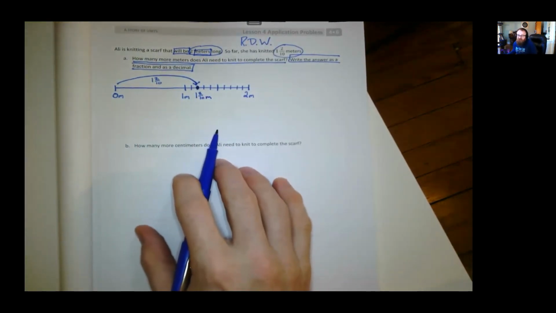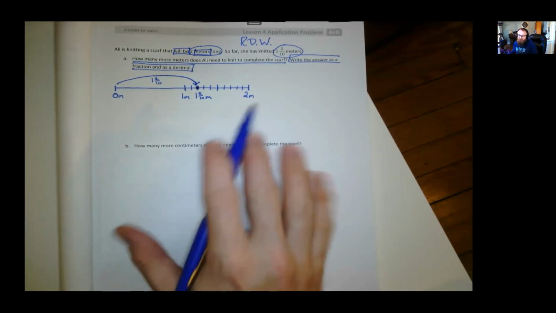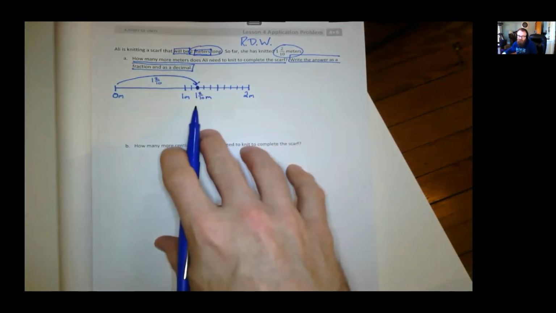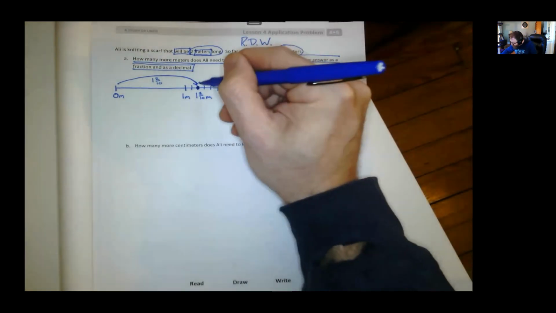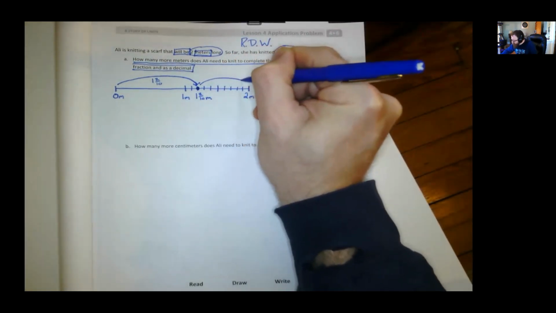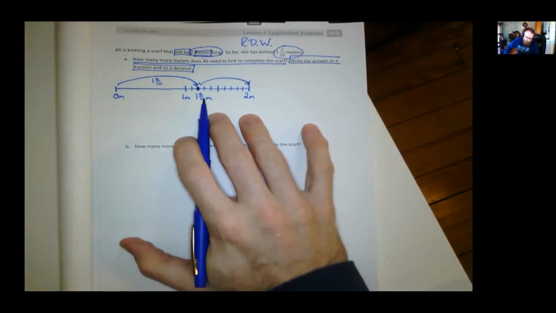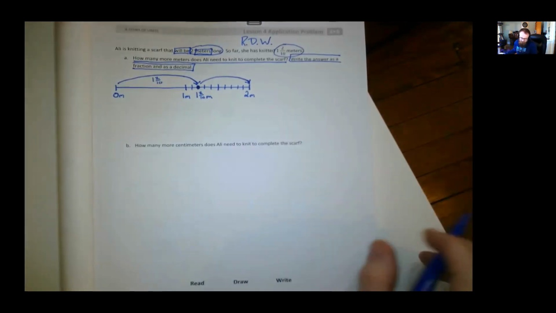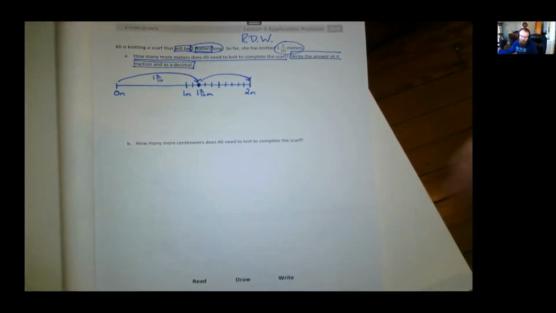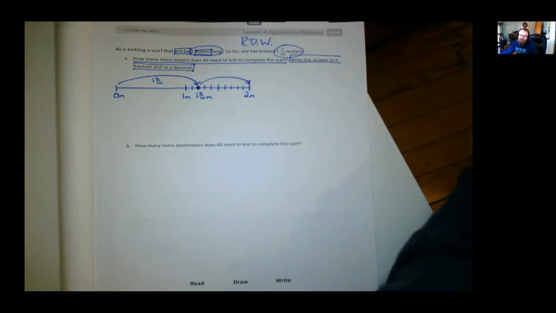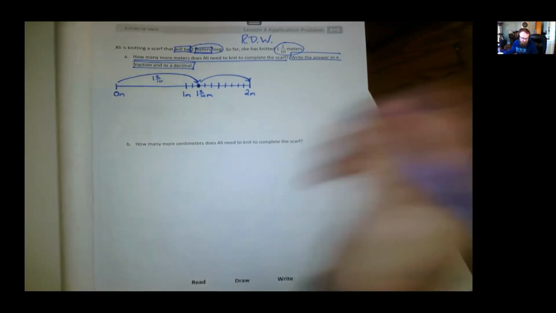What is the distance we still need to cover to get to 2 meters? Which is our goal, right? The scarf will be 2 meters long. Right now it is 1 2/10 of a meter. How far am I traveling when I do this to grow the size of my scarf from 1 2/10 of a meter to 2 meters? Another way I could ask that question is, what is the difference between 2 meters and 1 2/10 of a meter? Okay, that would be a subtraction problem. And the answer is